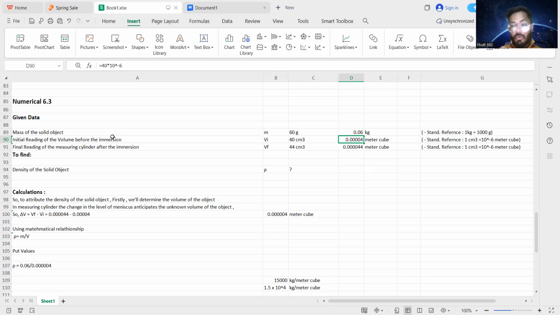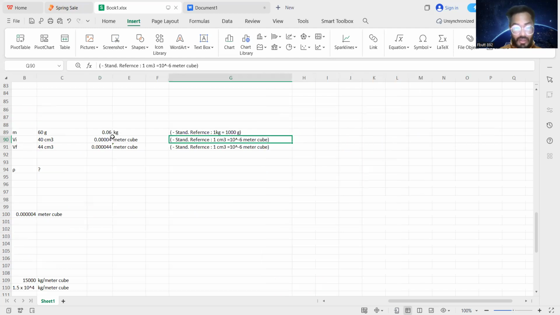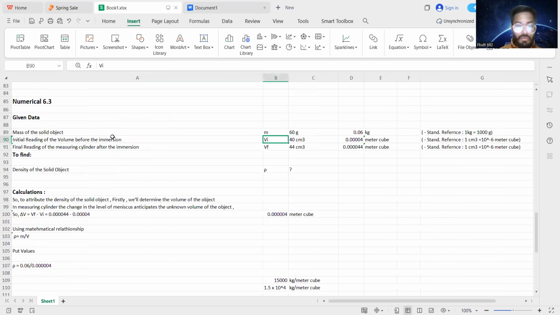And you know, centimeter cube is not the unit of volume in the SI system. So to convert centimeter cube into meter cube, we have to substitute the value of the prefix centi. I have written a shortcut here: 1 centimeter cube, as a standard reference, is equivalent to 10 to the power -6 meter cube. So when we replace it, the 40 centimeter cube is converted into meter cube, and its value is approximately